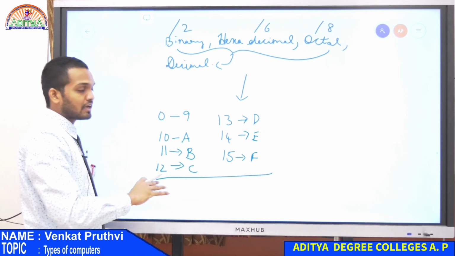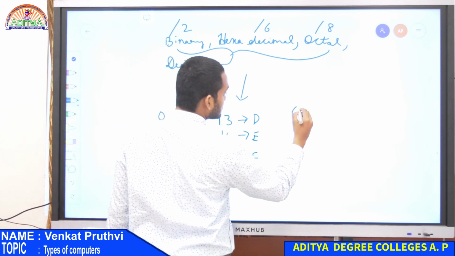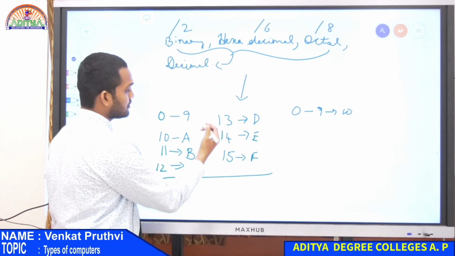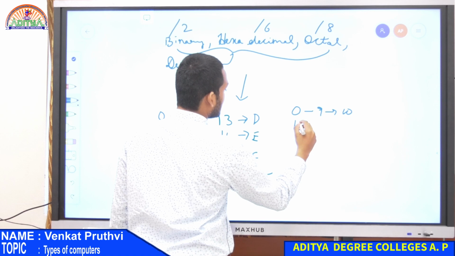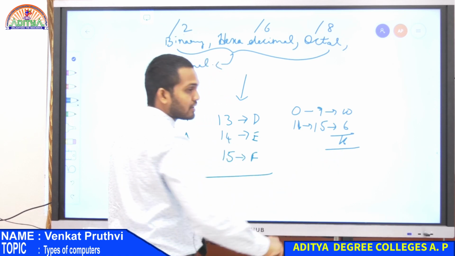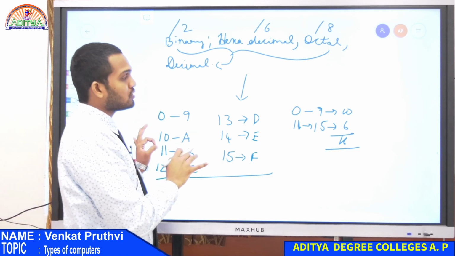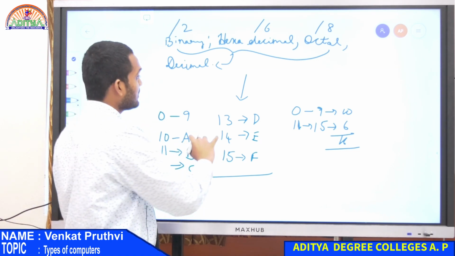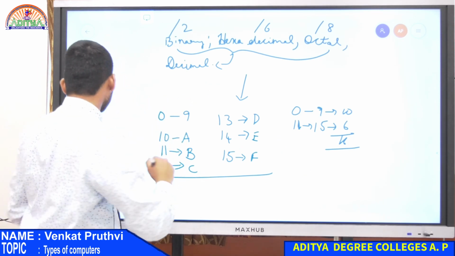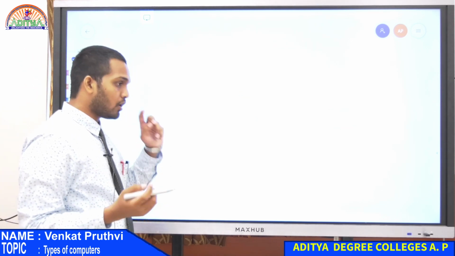Your hexadecimal format ends here because we already have 16 digits over here. How is it possible? Because 0 to 9 are 10, and 11, 12, 13, 14, 15, 16, from 11 to 15 are again 6. So you totally have 16 digits in your conversion, right? Now this is how you convert your binary into hexadecimal and octal. Octal is also the same way. You will be dividing it by 8 and you will be getting the digits. This thing is very important because whatever calculations or whatever we do, all are dependent upon this.